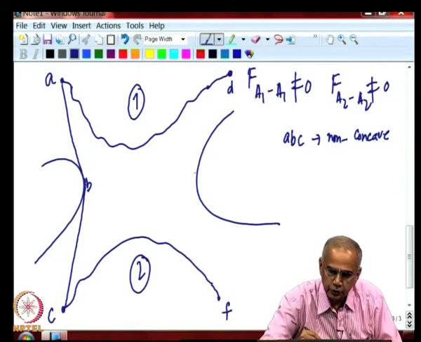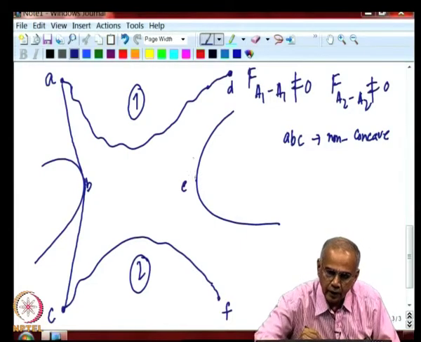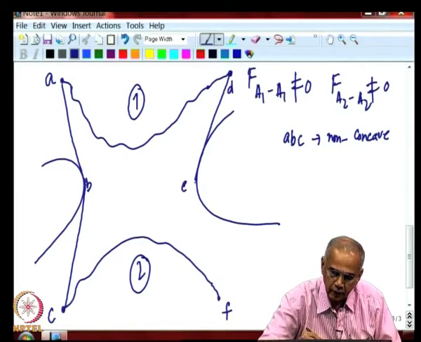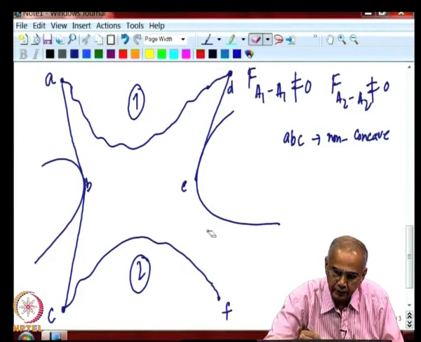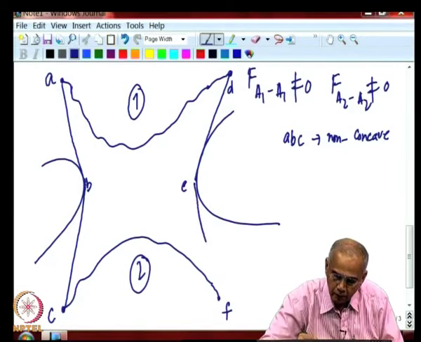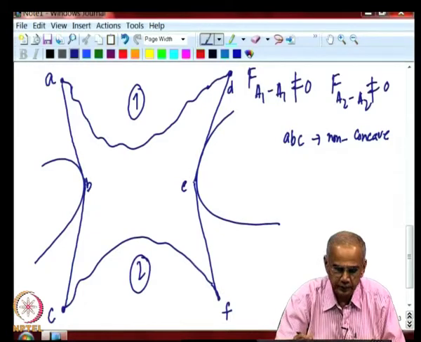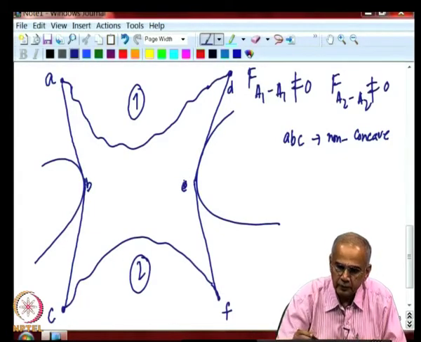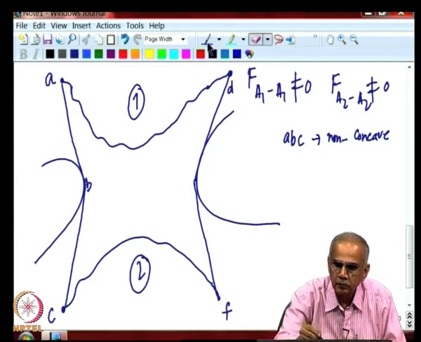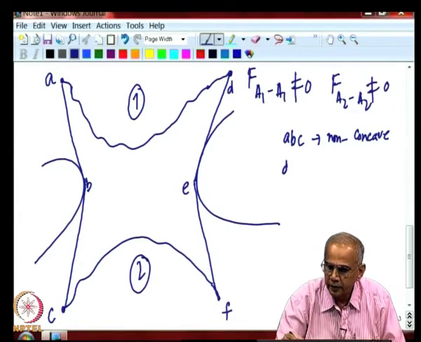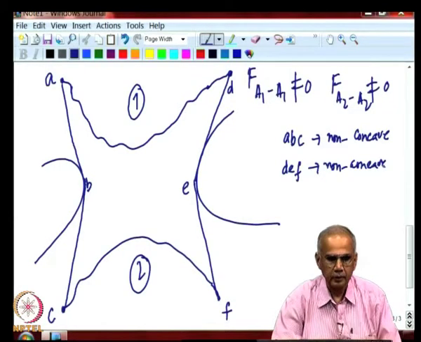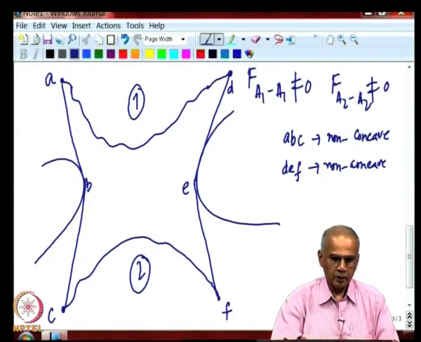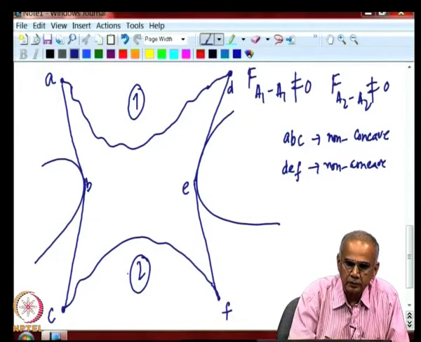Similarly, you choose the extreme point E here and draw a tangent which joins that, and draw another tangent which joins F. So, this is also, although it does not look like concave, let us draw a little better. So, similarly this is E, remember that. Similarly, DEF is also a non-concave virtual surface. Okay. Now, both the surfaces have concave portions.